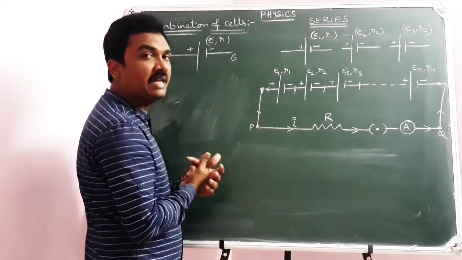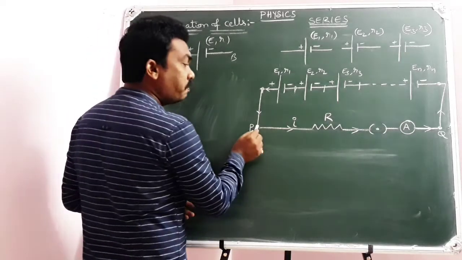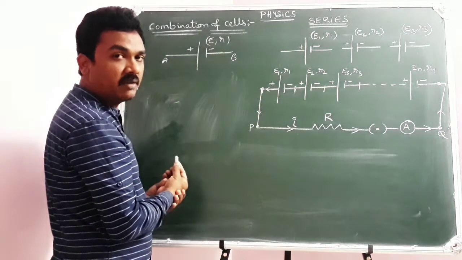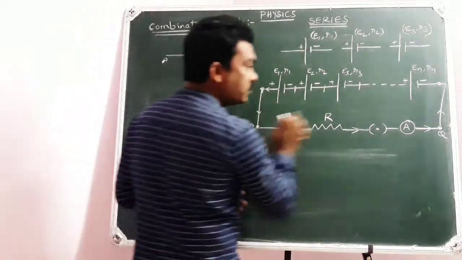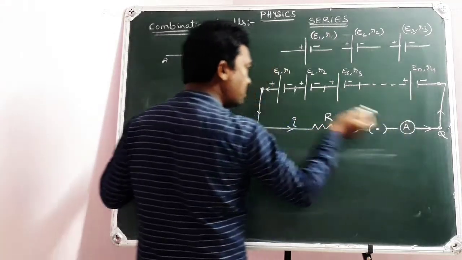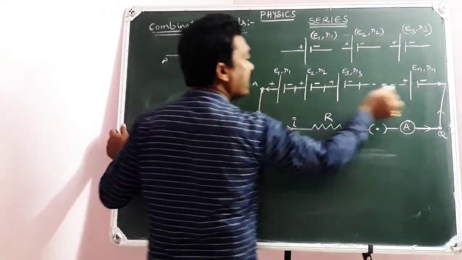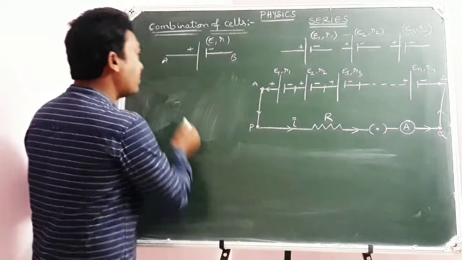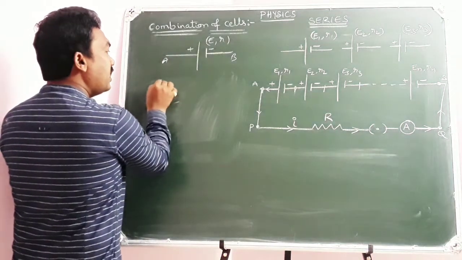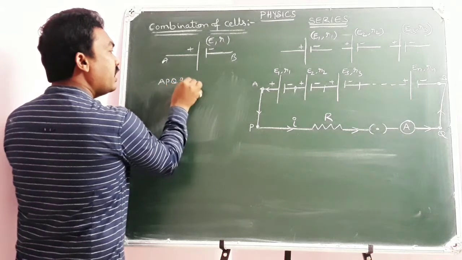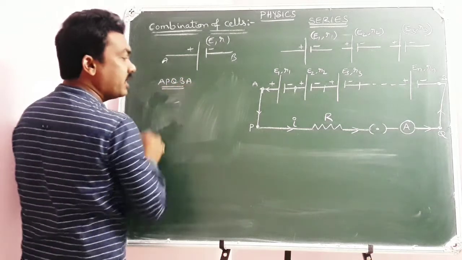Because here I am going to write a KVL equation from P, Q, P. I am writing the KVL equation from P to Q and then Q to P. For our convenience, if you wish, mention these 2 points as A and B, then suppose I am writing the KVL equation from A, P, Q, B, A. In this part I am writing the KVL equation.